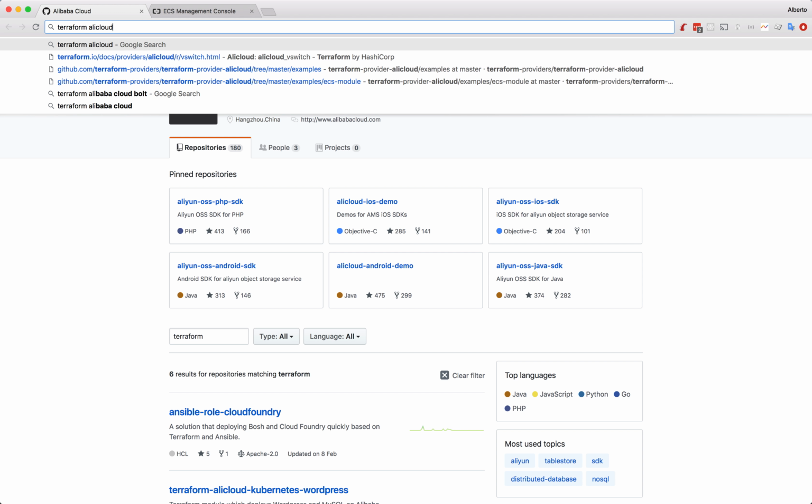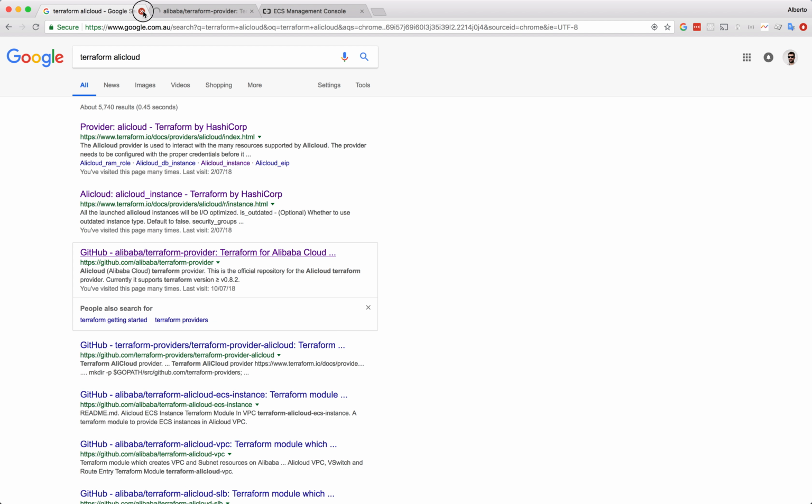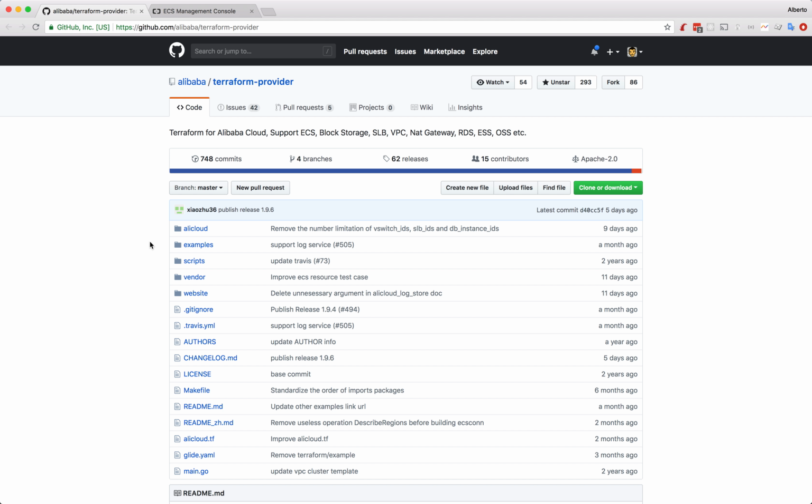Terraform Cloud. alicloud is not the official name for Alibaba Cloud, but it used to be. So in this case, for legacy reasons, it's just the name. Okay, here is the Alibaba Terraform provider. Yeah, cool. Okay, so let's go to the releases tab